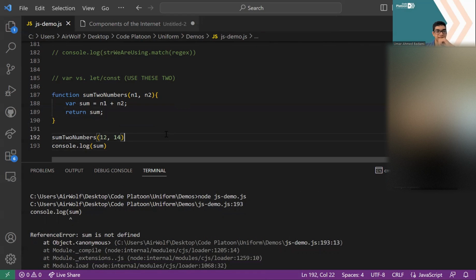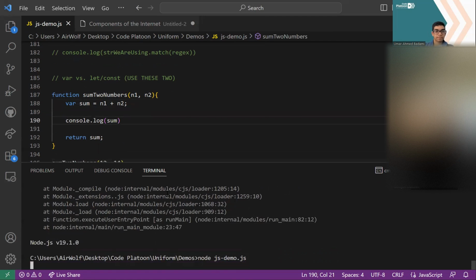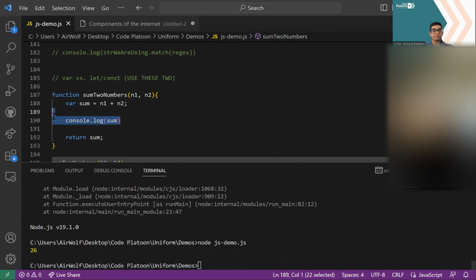Okay, well, it says sum is not defined. I see why. Here, let's move this into our function. That's the problem. If we run this, sum still exists inside of our function. It exists for the entire lifetime of the function,